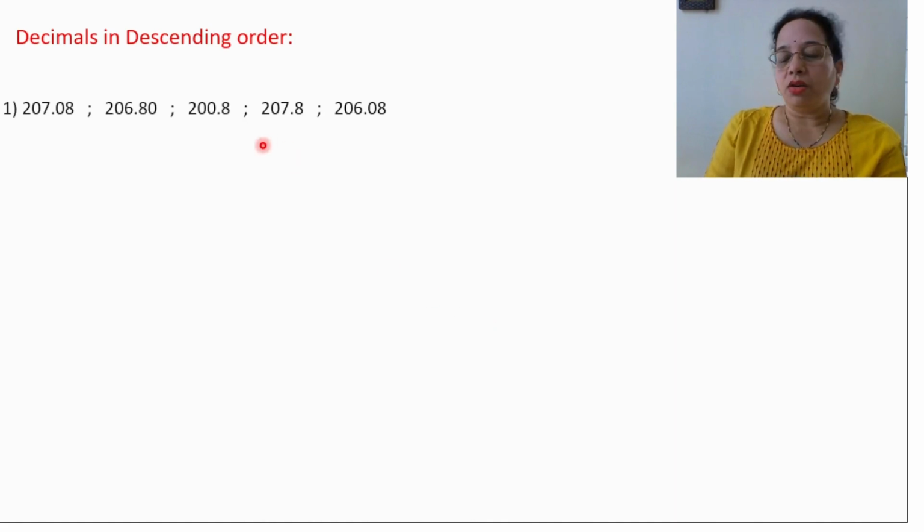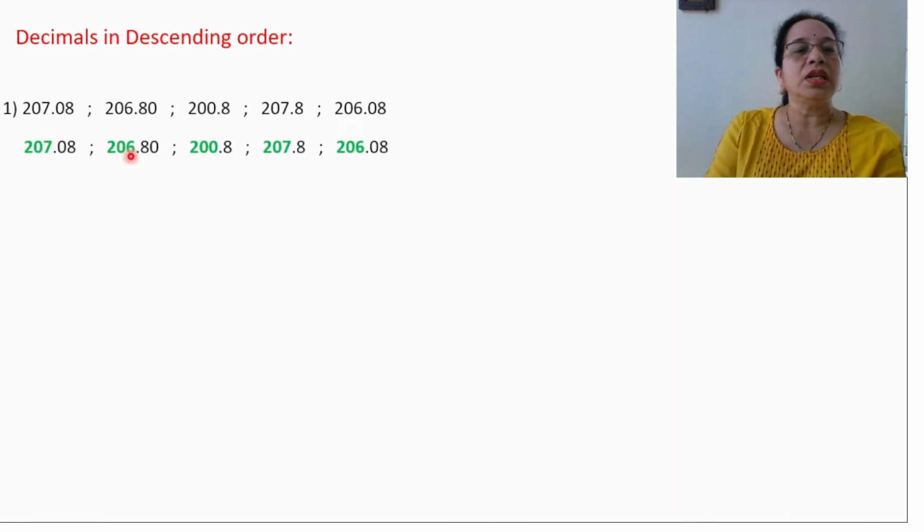Decimals in descending order, your concept is same. Only here we will arrange from greater to smaller. So again check your whole part. This is 207, 207, 206, 200, 207, 206. So 207 is the greater one. So write down this. Then 206, write down this. 200,